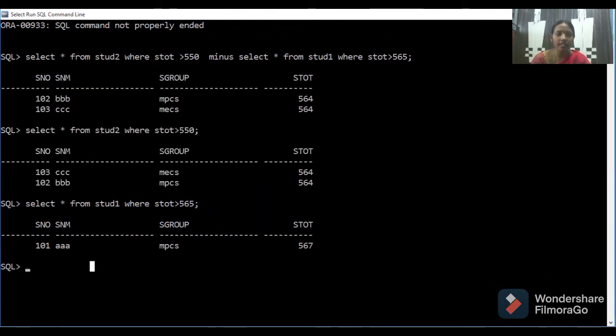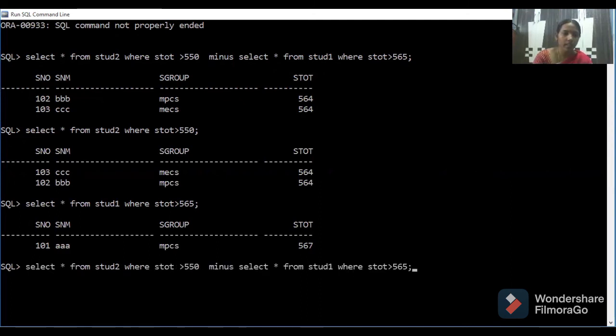Clear? Instead of this student 2 table, if I write student 1 first here, that means I'm interchanging the 2 statements here. So what will come? Now student 1 table, this result.